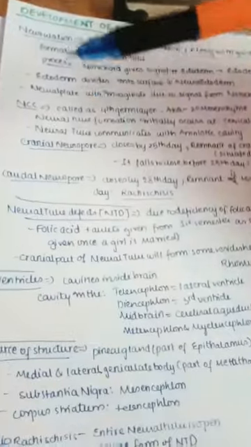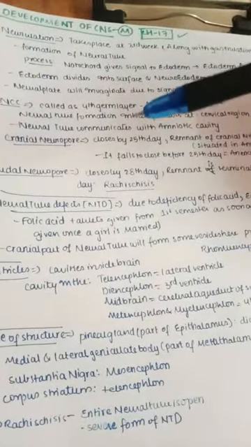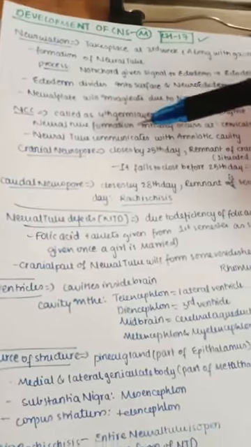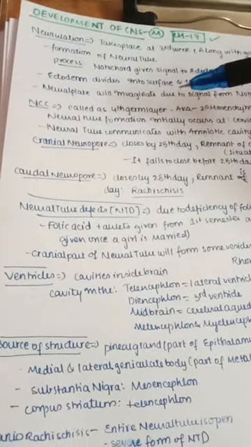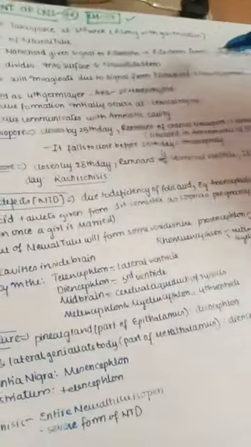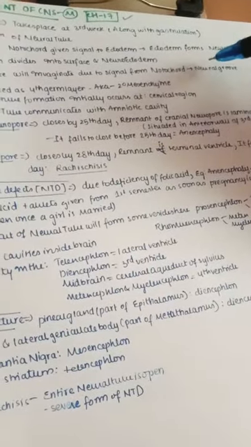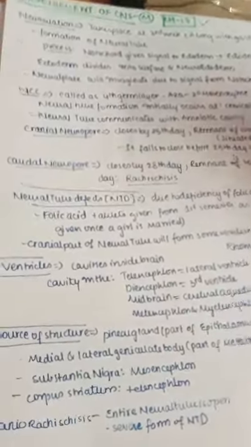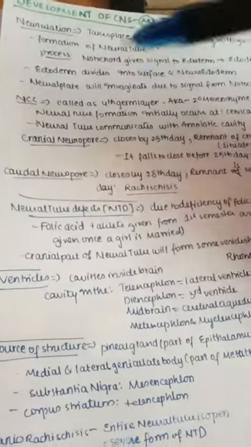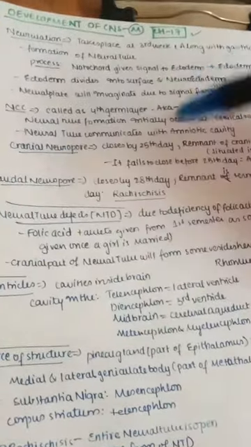Now let us see the neural crest cells. Neural crest cells are also called the fourth germ layer. We know our three germ layers are ectoderm, mesoderm, endoderm, and this neural crest cell is called the fourth germ layer because when the neural tube is formed, at its sides small flanged structures form, which are called neural crest cells. It is also known as secondary mesenchyme.